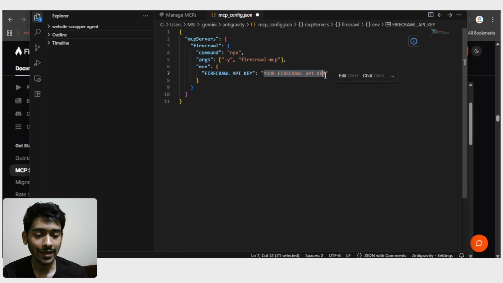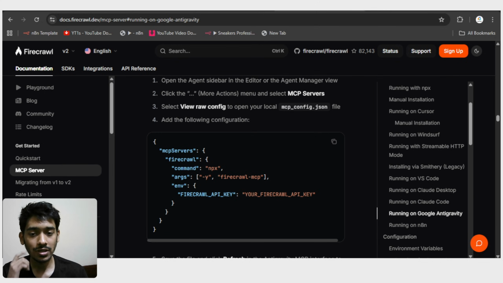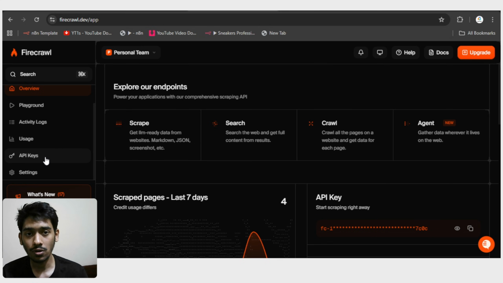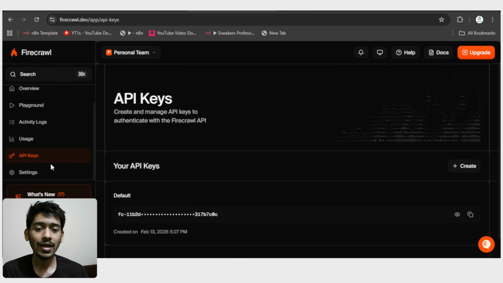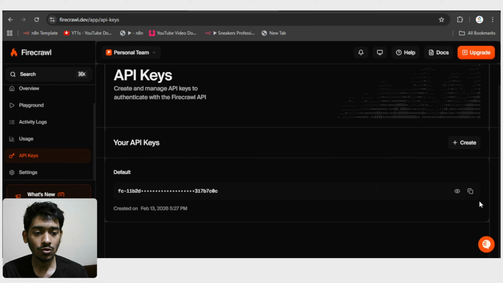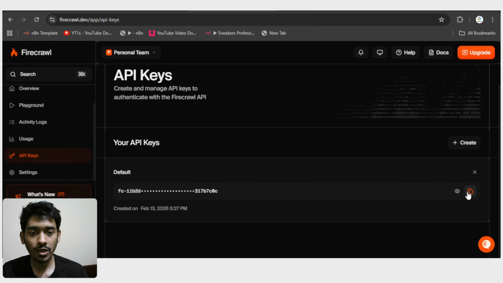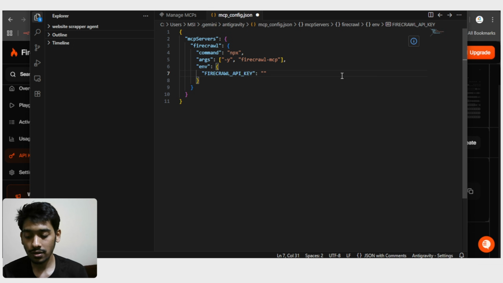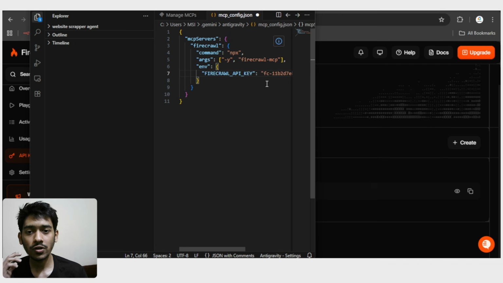How can you get that? Again, very simple. Just go to Antigravity again, go to my dashboard, and here you can see there's an option called API keys. Click that, and then you can just copy the API key. After copying the API key, go to Antigravity again, and in the exact place between the double quotation marks, delete that thing and paste the API key. After doing that, all I have to do is go here to the place of MCP servers,